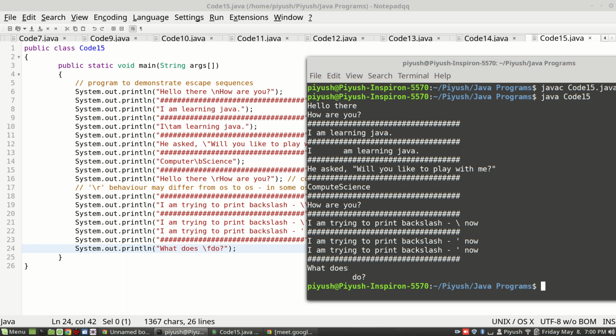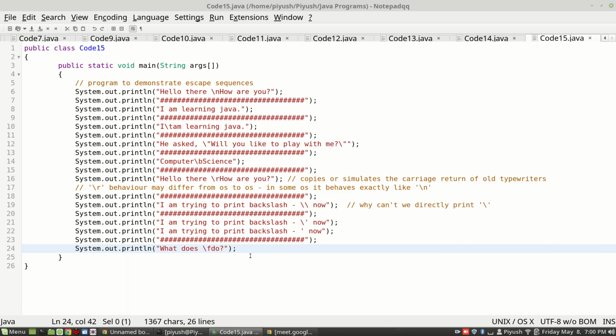Now, if you ask me, sir, where do programmers use it? I'll say practically this does not have many implications. Maybe you will never need to use this. But I'll give you one example where this might come in use. Let's say you have written a book and you want to print on the title page something like, let's say, a book titled The Evolution of Society. I'm just taking a random title.